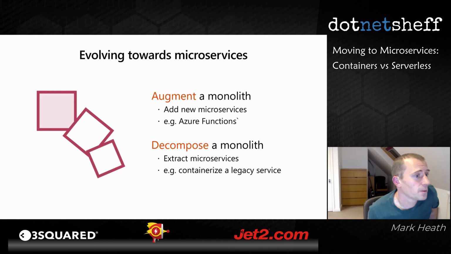But if you do want to move a bit faster, and often you will want to move faster, particularly if your monolithic solution is causing you problems and you're actively trying to get away from it, the second approach is to actually identify areas that you can extract as microservices. So you identify an area of functionality and say, right, I'm going to take this and it's now going to move out of the monolith, it's going to live separately, and it's going to